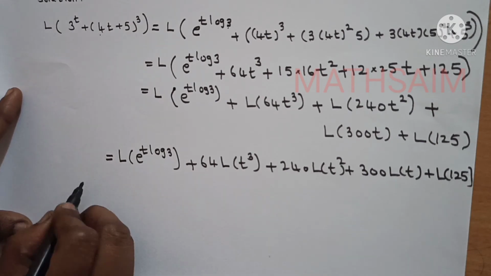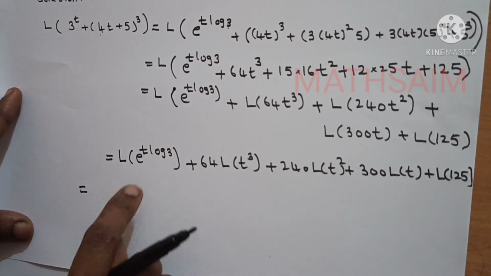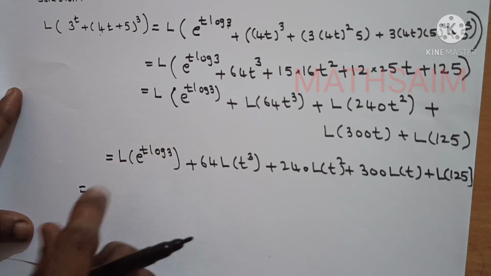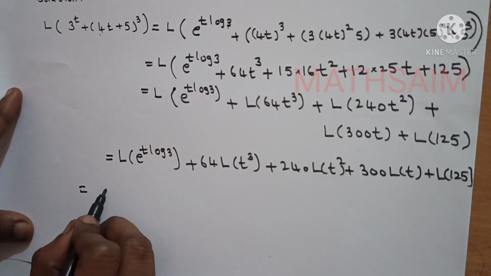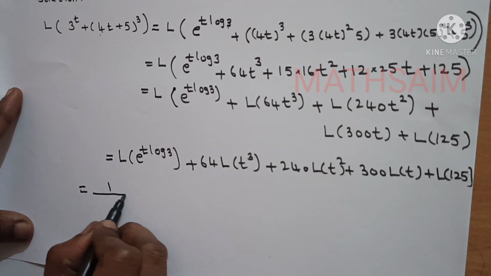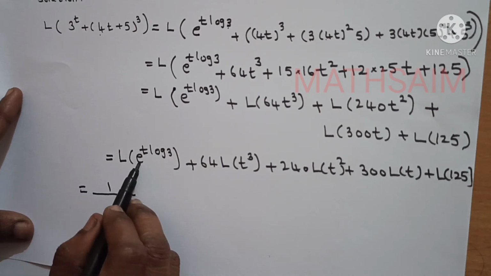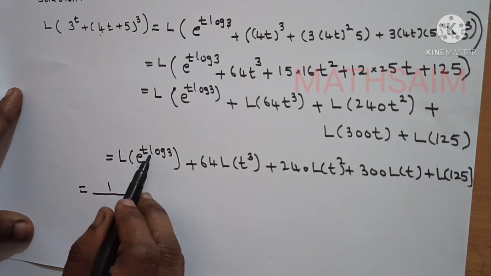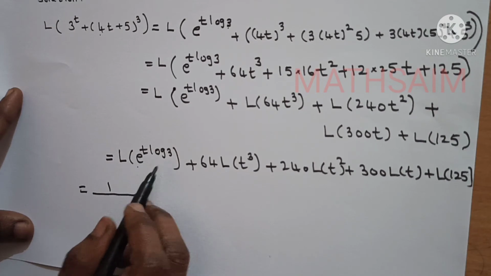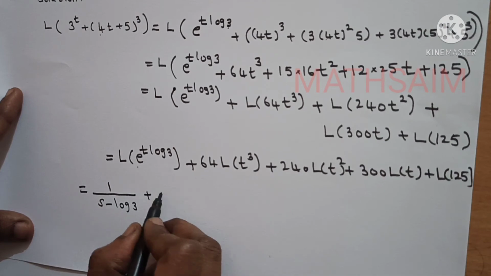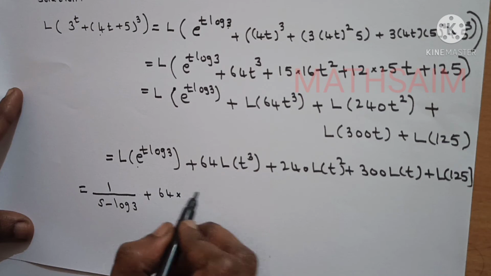Now this is in the form of e power at, so use that formula from the standard Laplace transformations. Laplace transformation of e power at is 1 by s minus a. In the place of a you are having log 3, so this is 1 by s minus log 3, plus 64 into